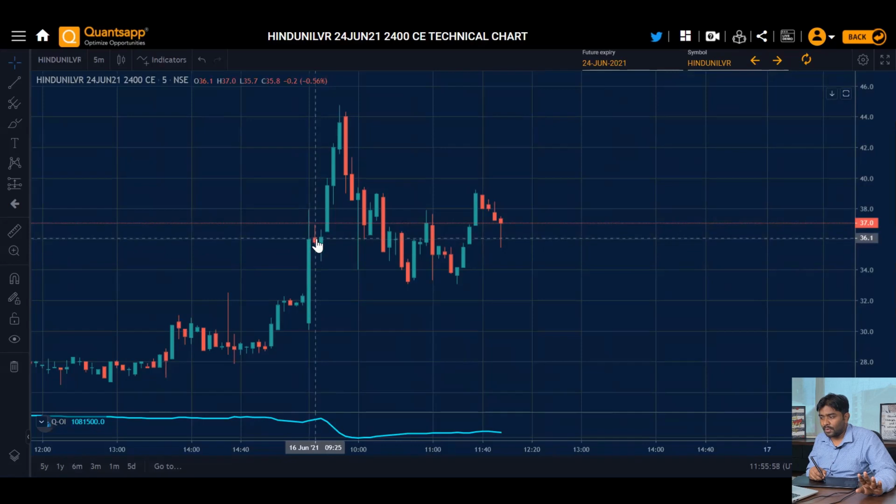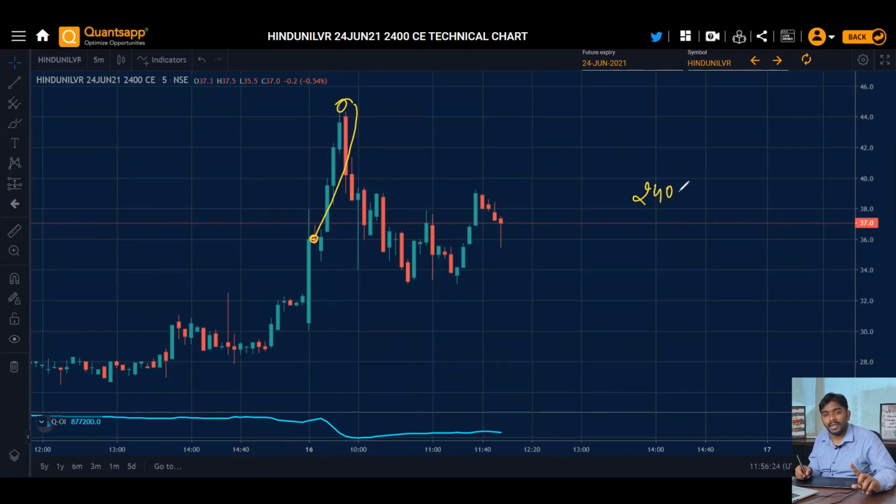So that is probably 36 rupees. Because of that, we have received a high order at market price, and there was a panic in this. That's why the price jumped from 36 rupees to 44 rupees. That is the scalp we are talking about. Within just the next 5, 10, 20, 30 minutes, we will get this trade in our hand. So that is the scalping that we are talking about.